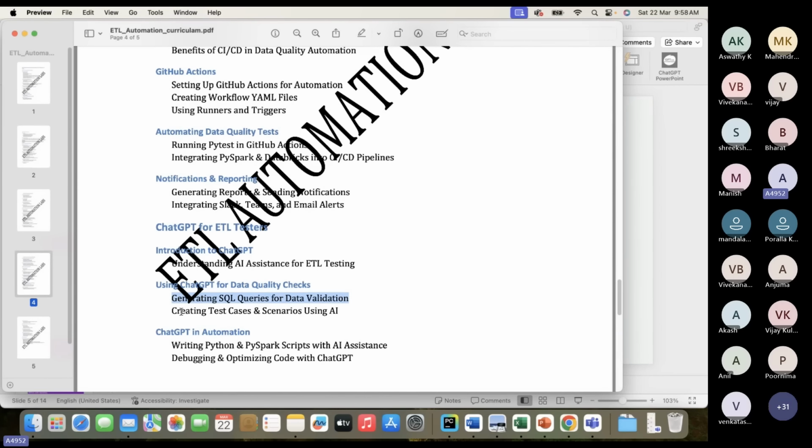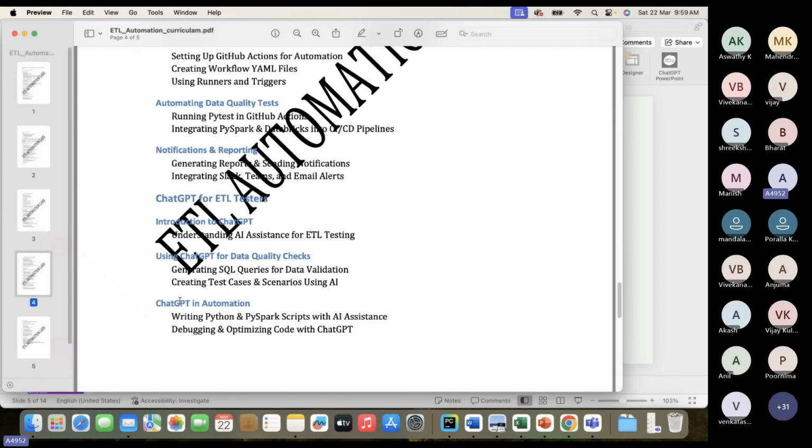The most important thing we generally do in ETL projects is test case preparation. That is a tedious process, and we end up spending maybe 1 or 2 days creating test cases for simple validations. Those things we can minimize with the help of ChatGPT and AI tools. So we'll cover how to use these AI tools in your ETL day-to-day work.